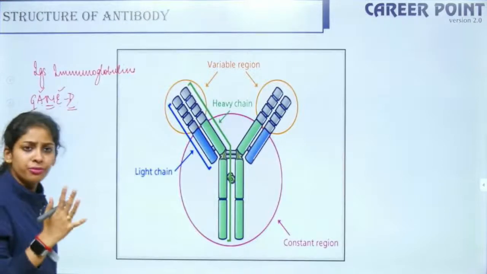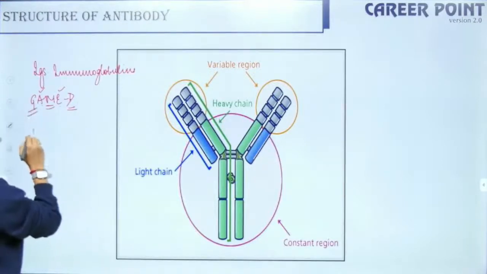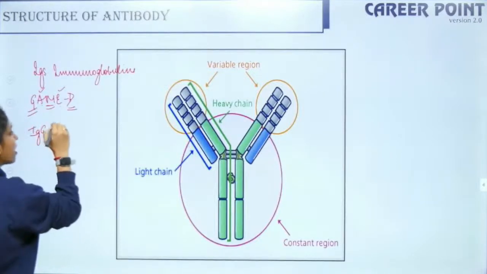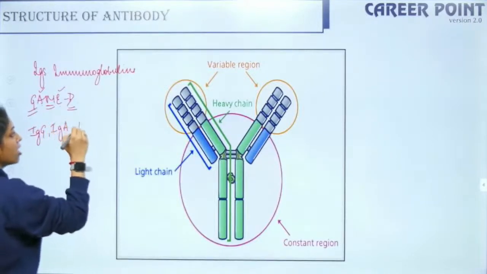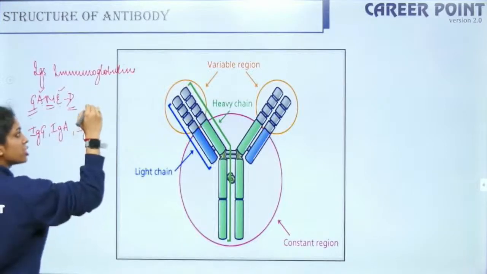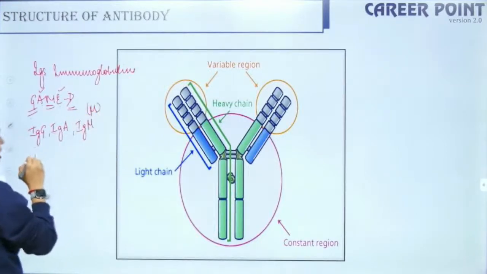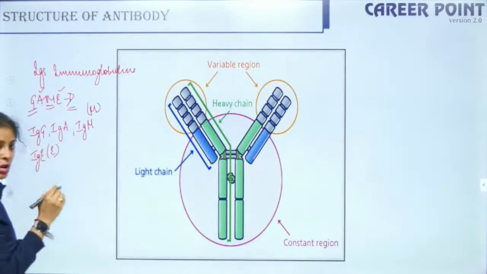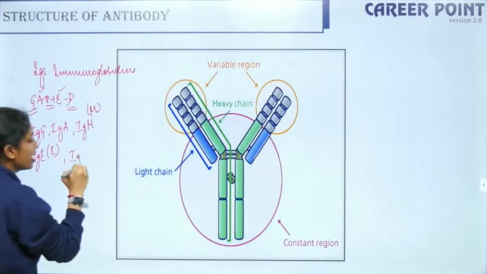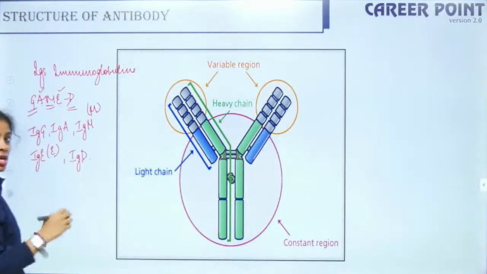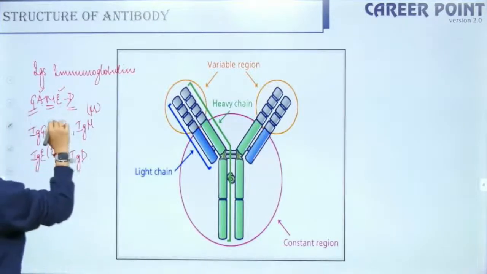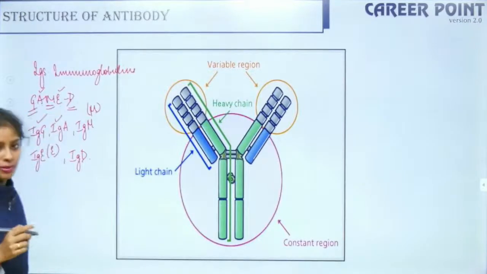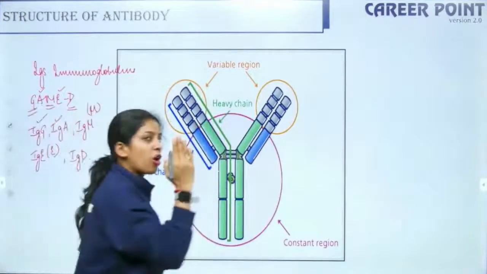You have 5 antibodies. You can write it as IgG, G for gamma. Then you have IgA, that is alpha, IgM, this is mu, right? Then IgE, this is epsilon. You write it like this. Then you have IgD, that is delta. Which is present in your colostrum? IgA. Which can pass through your placenta? IgG. The structure of the antibody is like this.